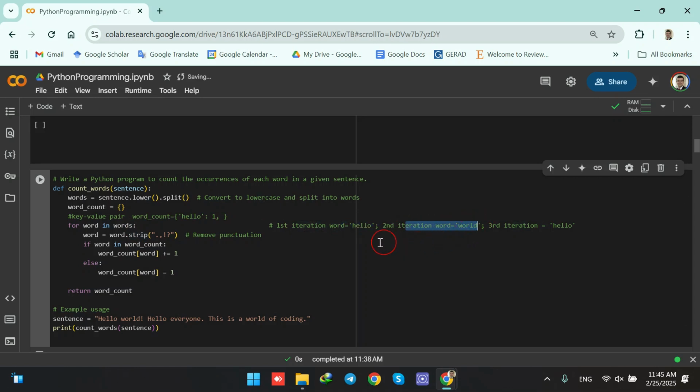In the second iteration, word equals word. So we check to see, is word in the word count dictionary? No, in my word count dictionary, I just have hello and its corresponding value. So this part is not executed because this part is false. Then we come here. When we come here, we see that, okay, we need to create a new key with its corresponding value. So a new key is our word in the word count dictionary, and its value is 1. So it means that we are going to have word and its corresponding value is 1. Okay,